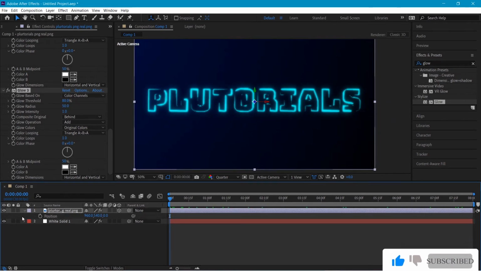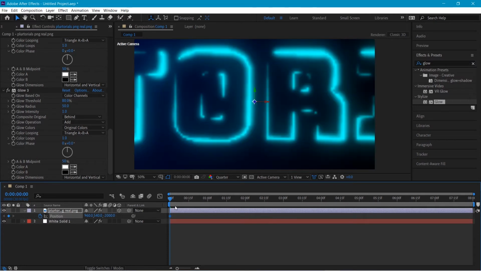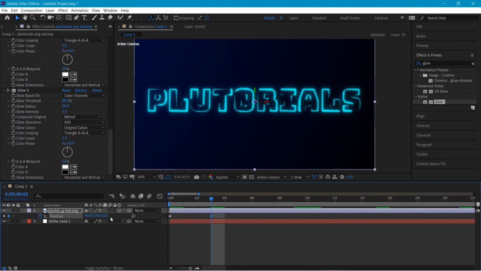So what we will do, we will start the animation here. We'll put 2000 and this, minus 2000, and go a little bit further, like on the third frame, and hit 0.